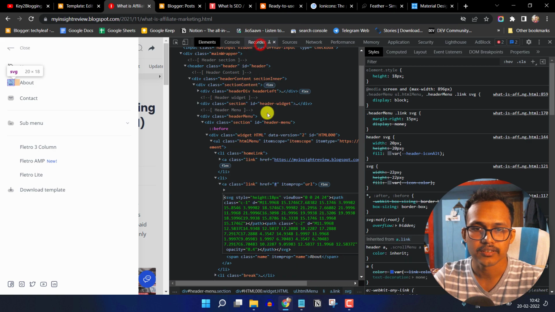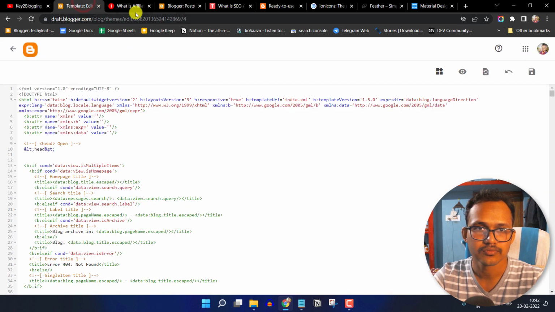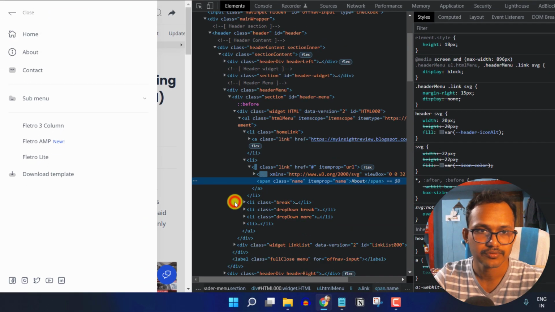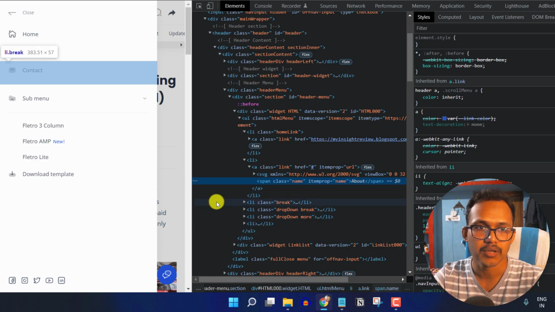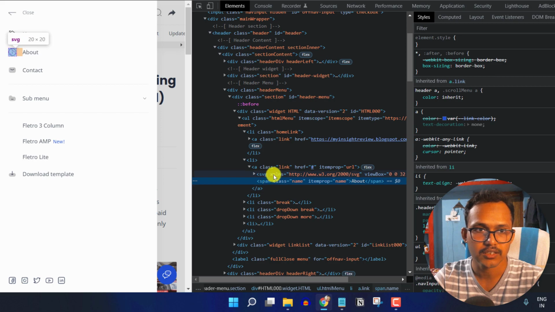Let's click on edit HTML, copy this code, and replace it here. And as you can see the about section icon is changed, and you can also further change its color.